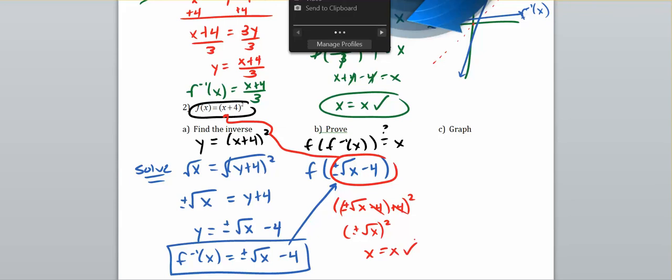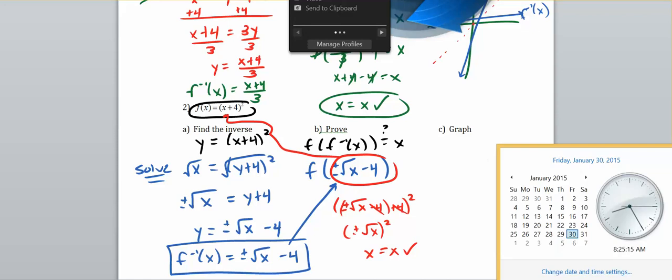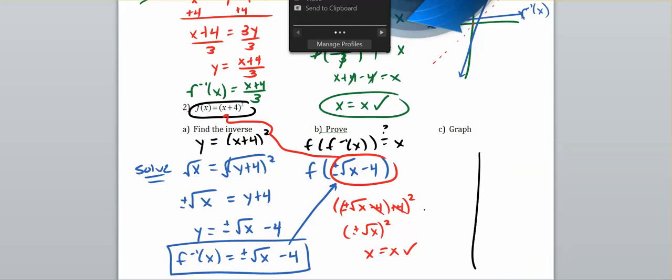Right? When I go to graph this, you're going to do the same thing that you did in the first problem. I'm going to make an xy axis. What I would typically do is draw the line y equals x first, because that's where my graph's going to flip over. So on my y1, you're going to put in your original function. So in your y1, you're going to put parentheses x plus 4 squared. And your y2, you're going to put your